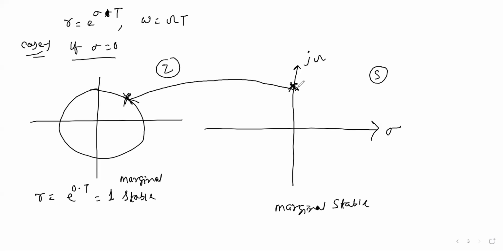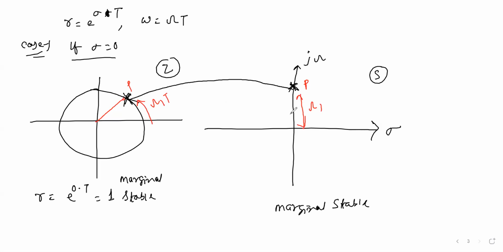Or you can say that the complete j omega axis maps to what? The surface of the unit circle. Okay, if this is a pole P, the same pole maps to the same pole. Now the pole P lies on the j omega axis, and this is on the surface of the unit circle. This is the radius, and if this is omega 1, then this is your omega 1 t angle. Okay, clear?